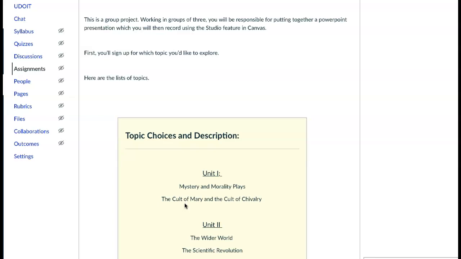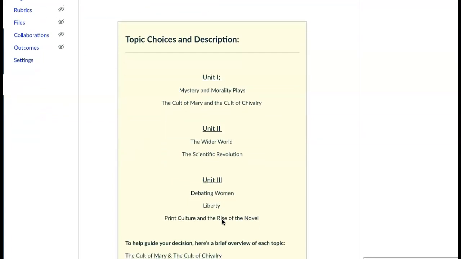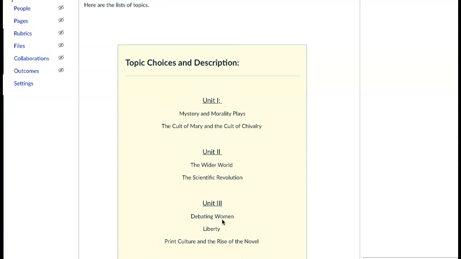So to get you familiar with some of the subgenres or various different authors, or to have you more familiar with some of the movements or sub-movements going on in England, socially, culturally, politically, I have picked out some topics that I think are pretty interesting for you all to choose from